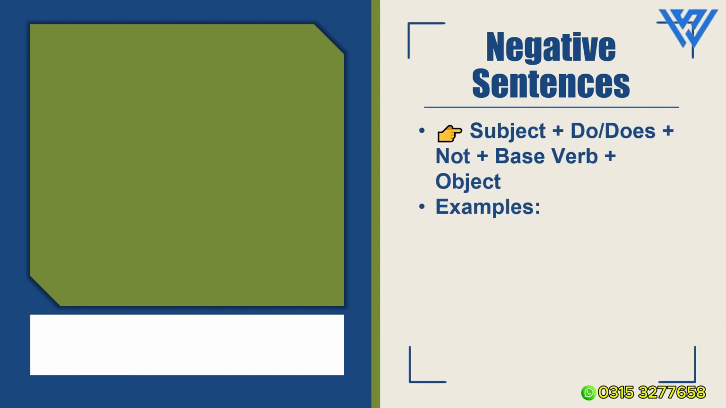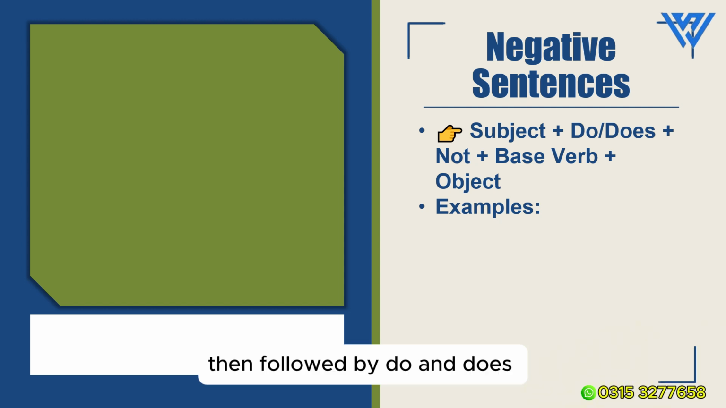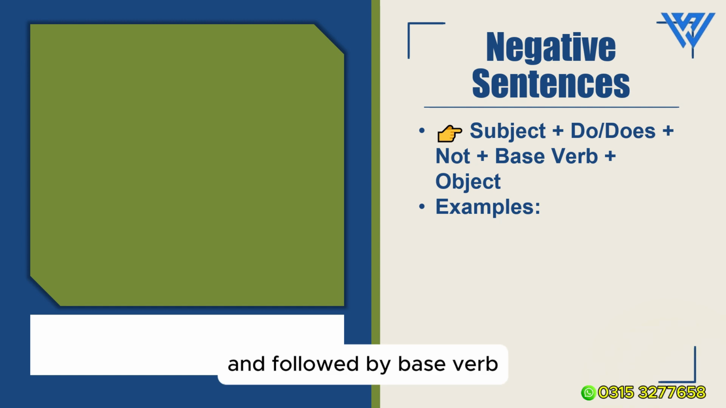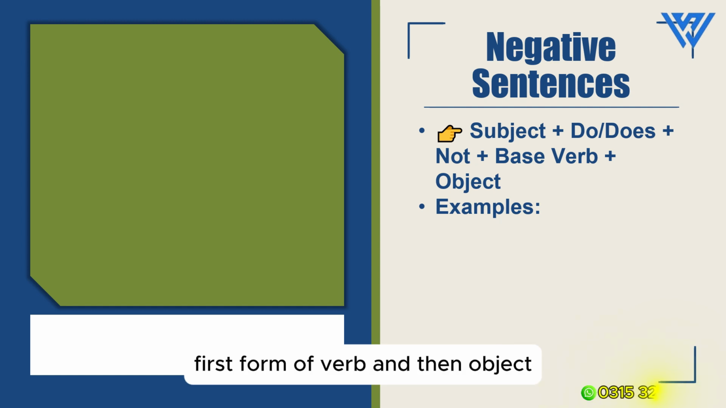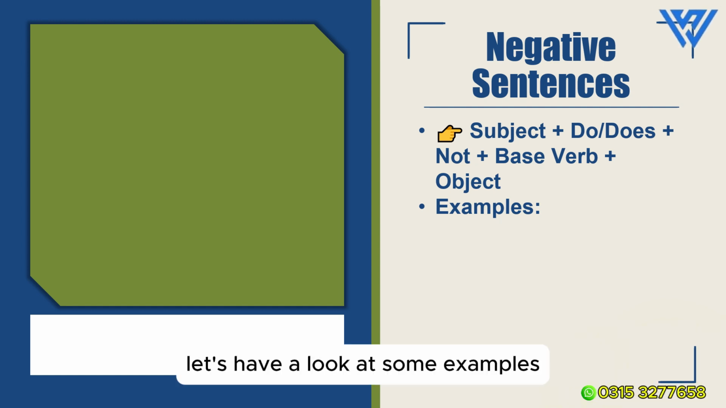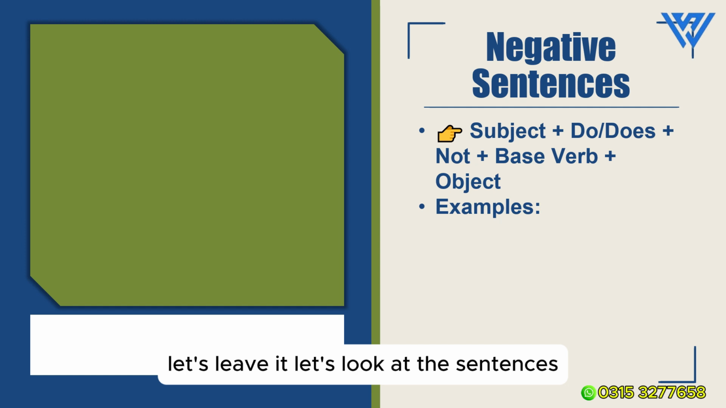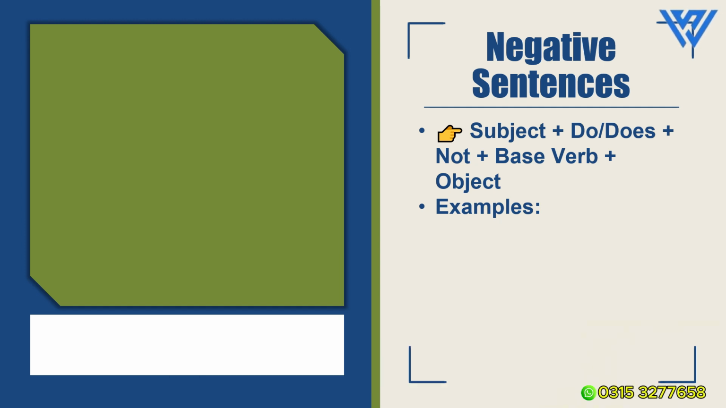For negative sentences, subject आएगा उसी तरह, then followed by do and does. Do और does use होगा, किस situation में do use होगा और किस में does वो हम देखेंगे. And not, and followed by base verb, first form of verb, and then object. Let's have a look at some examples. Structure पे परेशान नहीं होना, नहीं समझ आ रही, let's leave it. Let's look at the sentences. जब हम उनको use करते हैं तो हमें easily समझ आ जाती है कि okay, yes, we are doing it